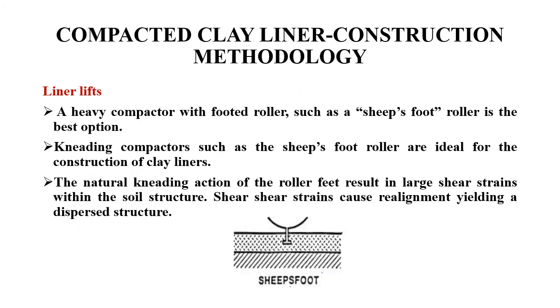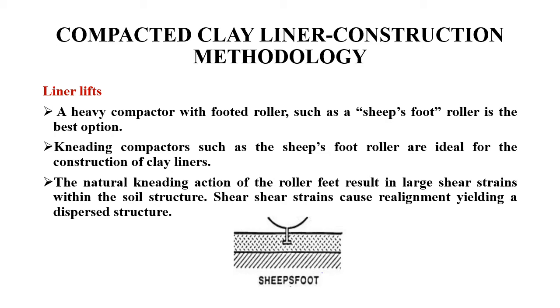Okay, so the next thing that we have to take care of is the liner lifts of this compacted clay liner. Liner lifts are nothing but each layer of clay material that you pour over and compact. We will not be constructing the entire clay liner to the full thickness in one go. We will be constructing the clay liner layer by layer. Each layer will be poured over and then compacted properly, and only then will the next layer be put over it. Each layer of clay is called a liner lift.